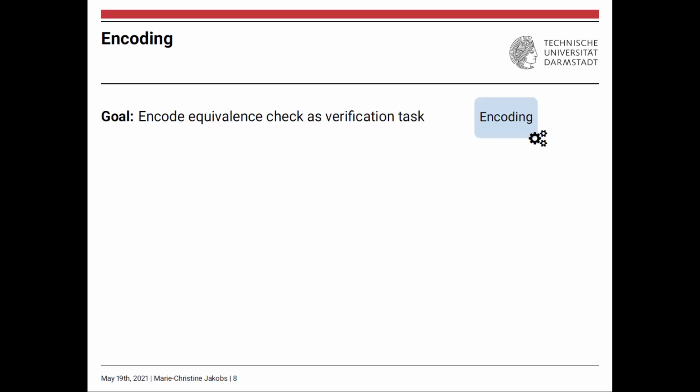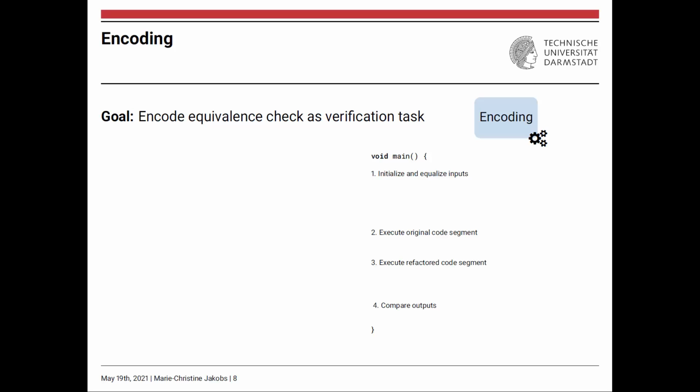And now we present how the encoding component is used to encode the equivalence check as a program verification task. Similar to other approaches, we perform 4 steps. First, we have an initialization and equalization step, which ensure that our verification task provides any input value to the variables, and it ensures that original and copied variables get the same values. Then we execute the original code segment and the refactored code segment, and at the end we compare the outputs.